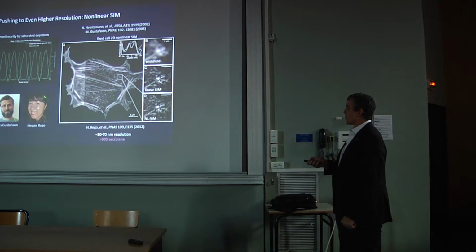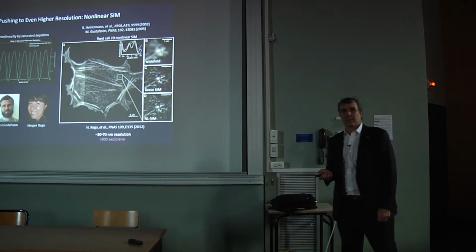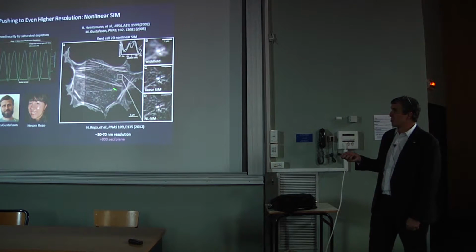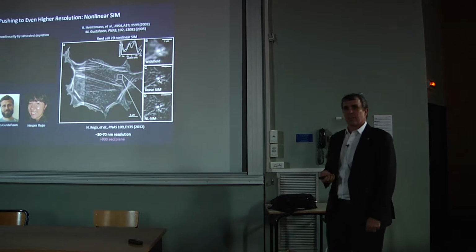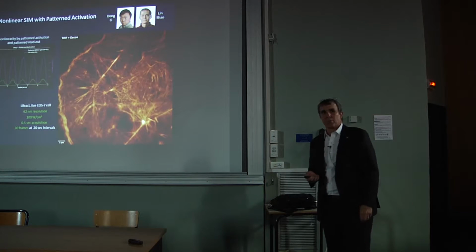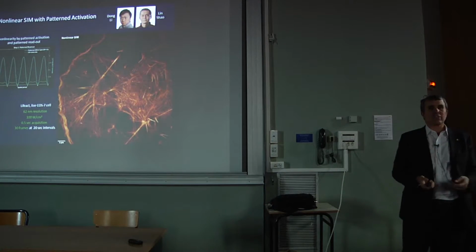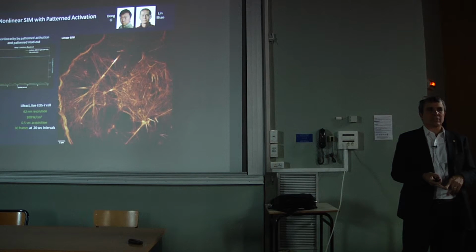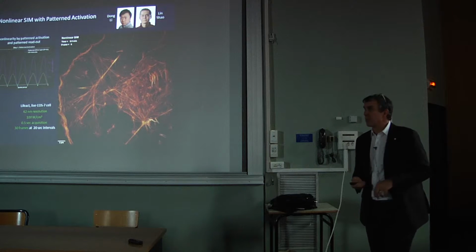So Mats's grad student Eric published this paper in 2012, where she was able to get to about 50 nanometer resolution by SIM on actin doing this, but it took 900 seconds to get an image. So we tried to think about ways to be able to push this to being able to do live cell imaging, but still to keep the speed up and the intensities low to make it much more compatible for live imaging than the other methods.